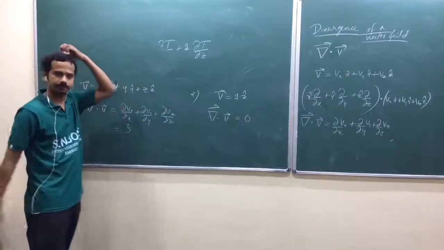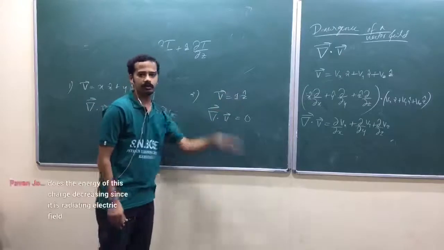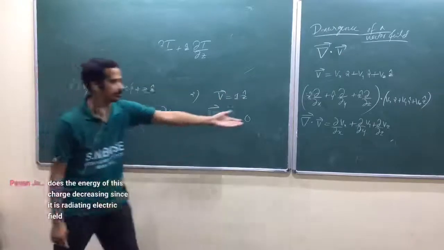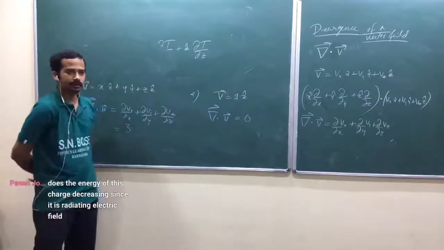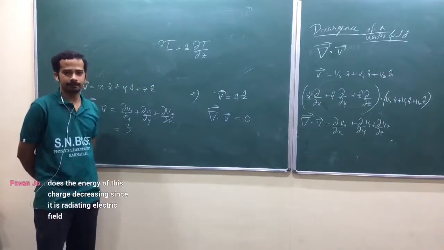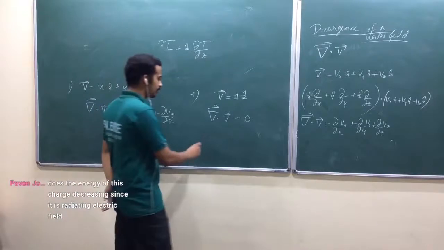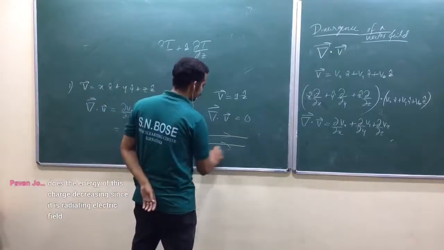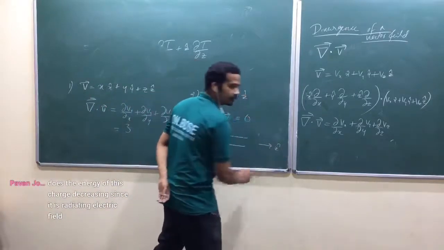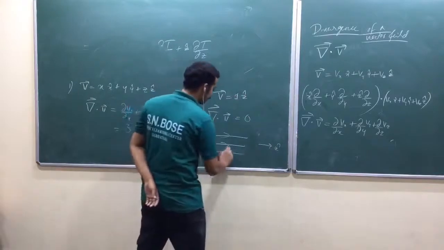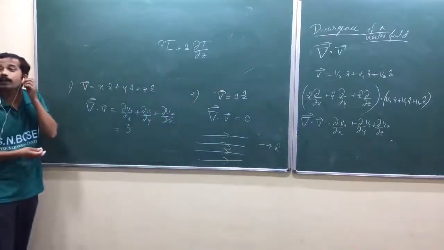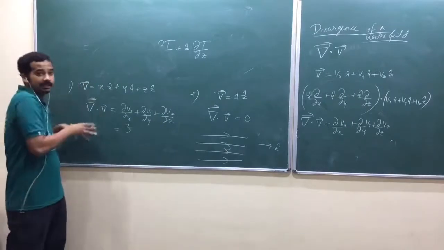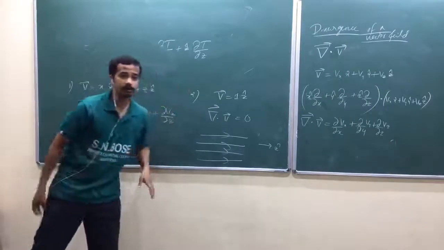Why? Constant vector, am I right? Obviously, if you apply your derivative, you will get 0. What do you mean by that? If you have a constant vector field, suppose this is the Z cap direction. Next I am going to represent how to represent that vector field. First let me take this example, then I will go for how to represent a vector field.